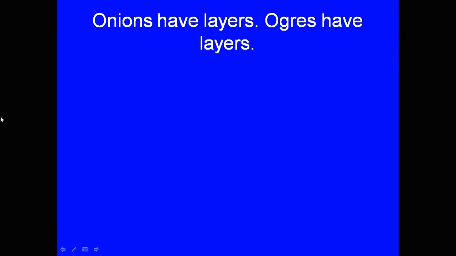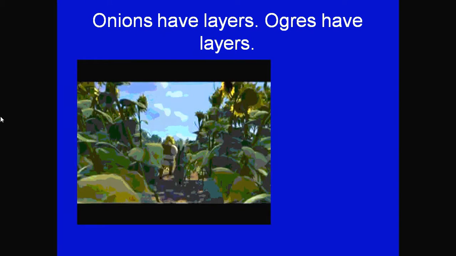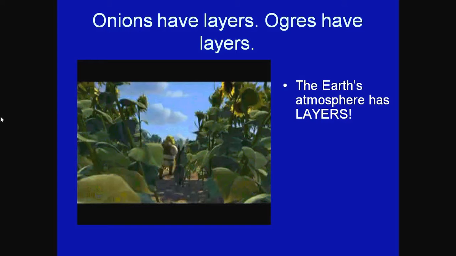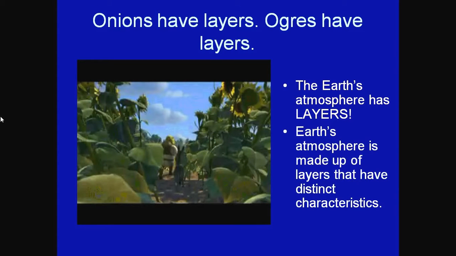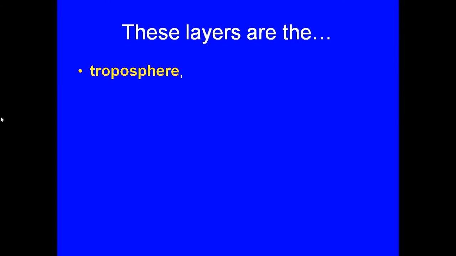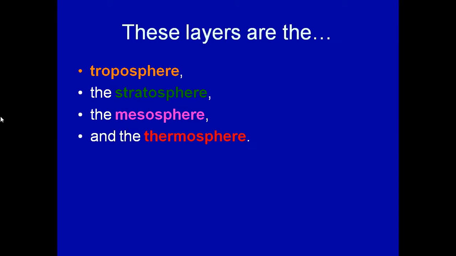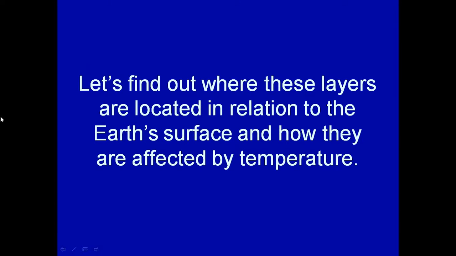Now, it's believed that onions have layers, ogres have layers, the Earth's atmosphere has layers. Earth's atmosphere is made up of layers that have distinct characteristics. And we're going to talk about some of those characteristics today. These layers are the troposphere, the stratosphere, the mesosphere, and the thermosphere. Let's find out where these layers are located in relation to the Earth's surface and how they are affected by